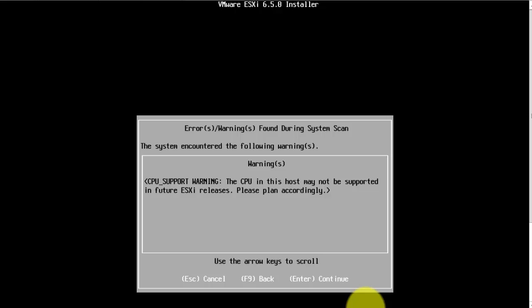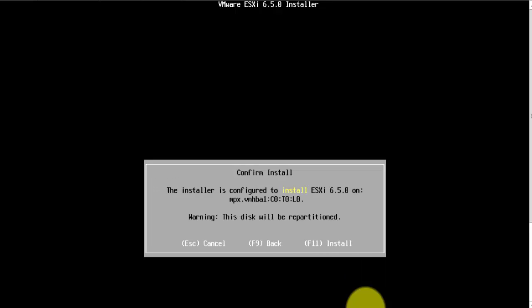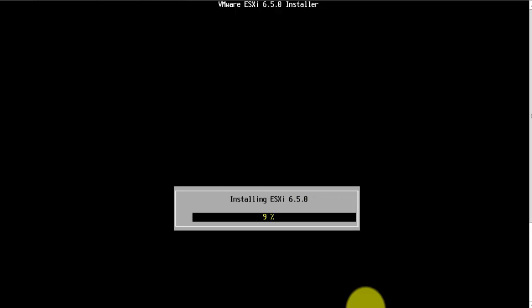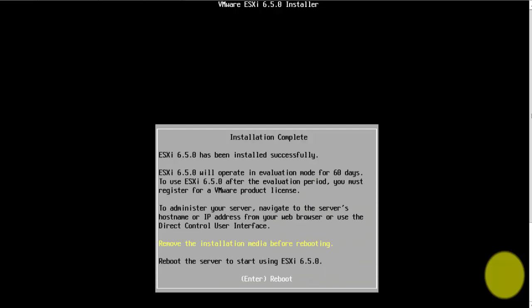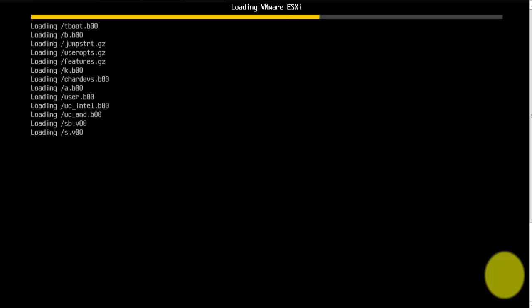So it's giving me a warning about the CPU. Let's go ahead and press enter to continue. And F11 for the install. So as you can see, the installation has completed and says remove the installation media and reboot. So as you can see, the system has restarted and it has been assigned an IP address by the DHCP